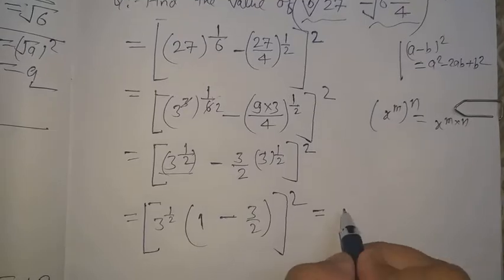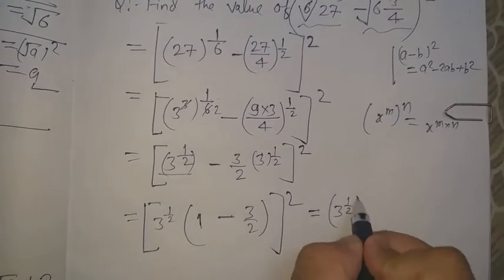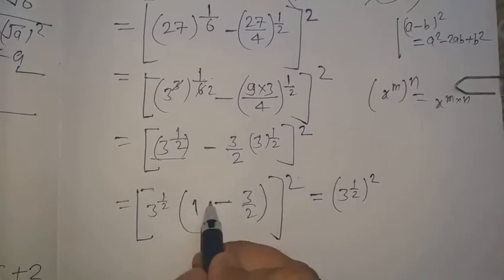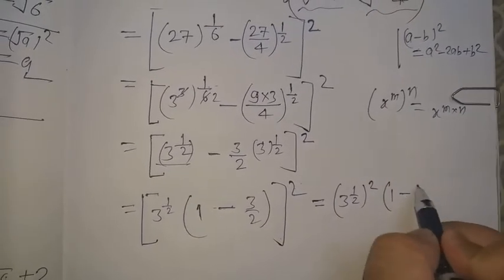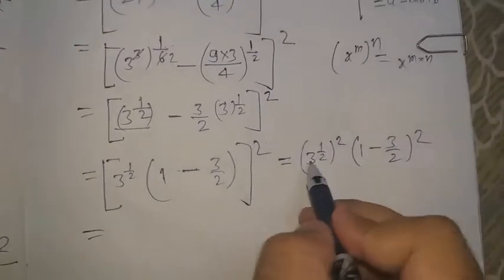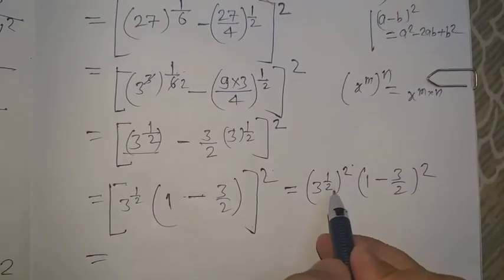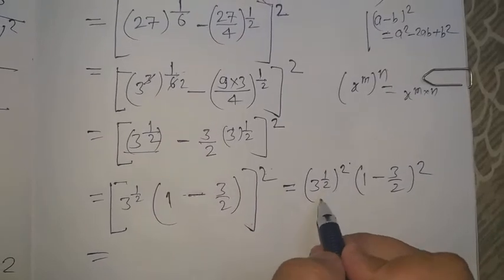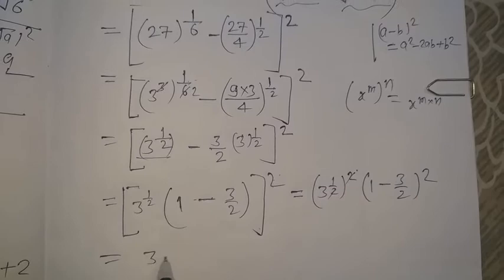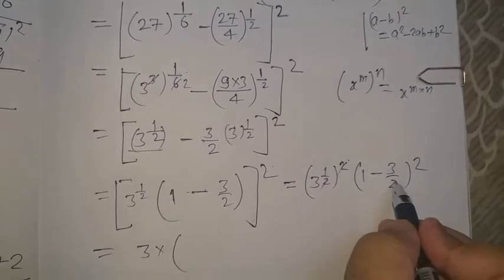So you can write 3 to the power 1 by 2 whole square, and that square will come also here, 1 minus 3 by 2 whole square. Again here power to the power, then it will multiply, and 2 and 2 will cancel out. So this becomes 3 into, take LCM,